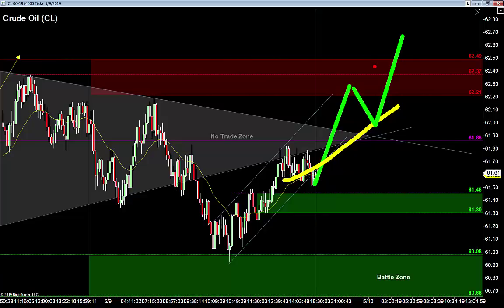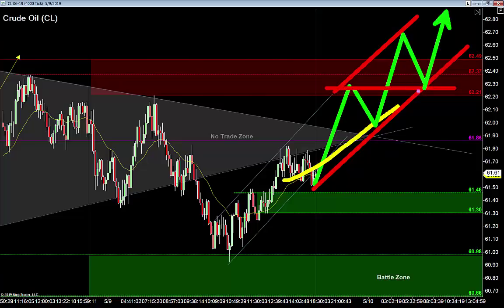Now, what do you do with that information? Now you've got the channel. Find the high, down to the base of that move, draw off of that low, draw off of that high, bingo. Now we look good to buy that pullback. Now, what's the pattern? What do we use for that pattern right there? If you were to kind of blow that whole area up, not literally, of course,